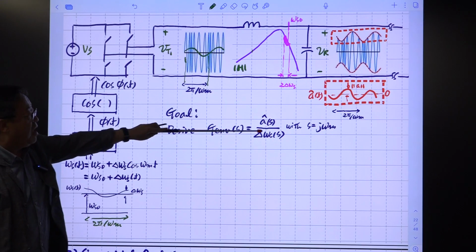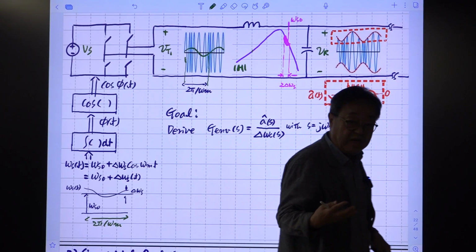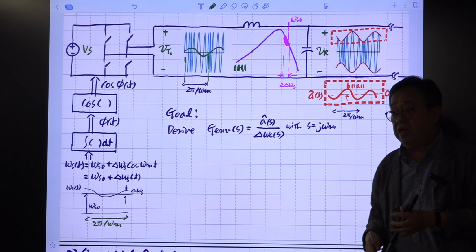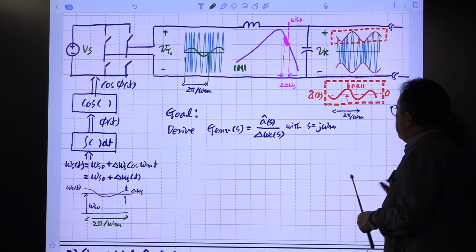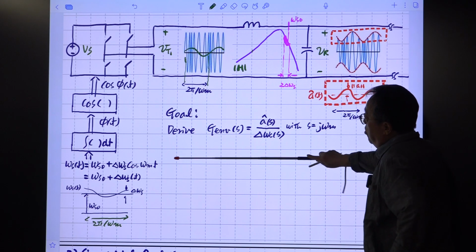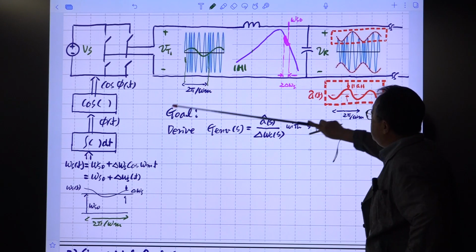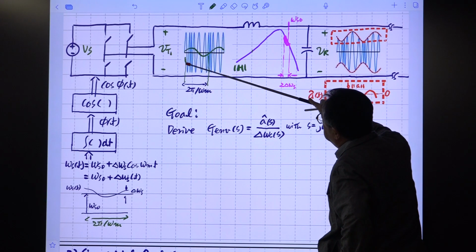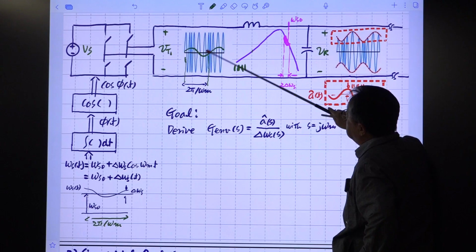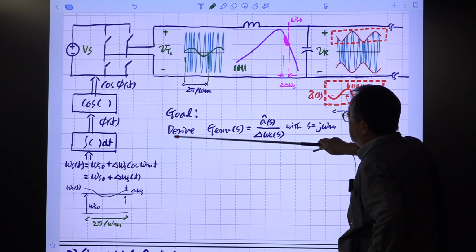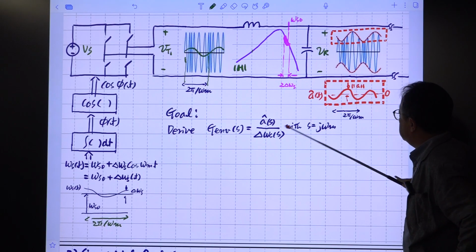So in here, this S is this omega m, the frequency of the modulating signal. This is very different from the case of the PWM signal, right? In the PWM converter case, this axis is always the switching frequency. But here, the switching frequency is very small, and the modulation frequency is relatively large. So this axis is not the switching frequency, it is the modulation frequency, right? So this is very important.